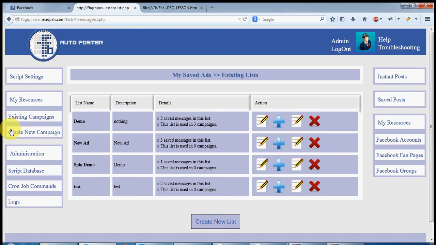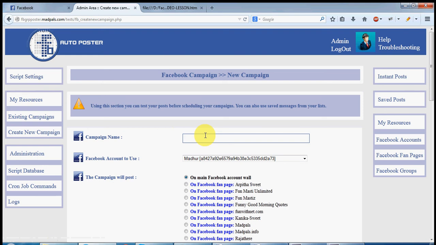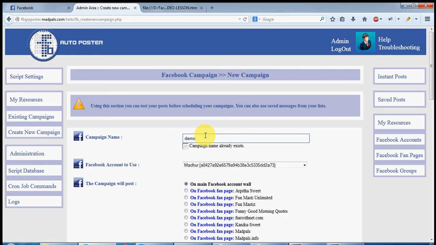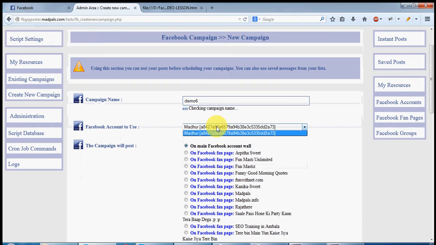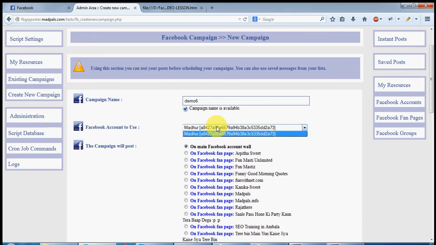So now let's create a new campaign. Click here, create a new campaign, give the campaign name. It will tell you if the campaign name already exists. So now this name is available. Choose your Facebook account. Right now I have added only one, and when you add more accounts you can choose it here.